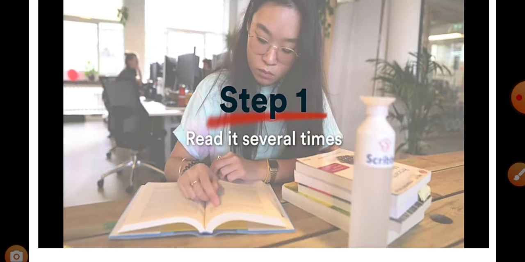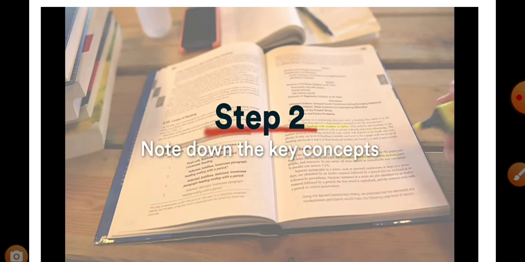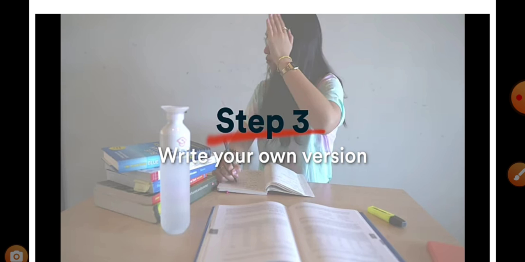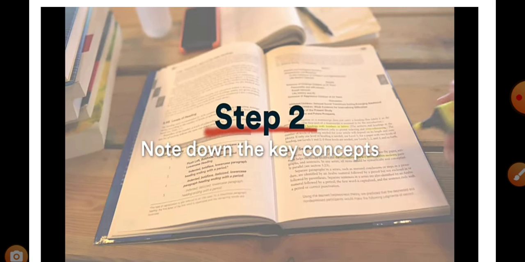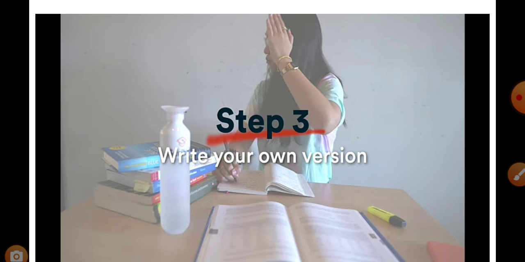Step number one: you have to read the given original passage several times, at least three times. Then step 2, you have to note down the key concepts given in the original passage. Then in step 3, you have to write your own version. First of all you need to read very carefully, because reading can make you understand the idea. Then in step 2, you have to highlight or note down the different concepts given in the original passage. Then in the third step, you have to write down your own version without looking at the original